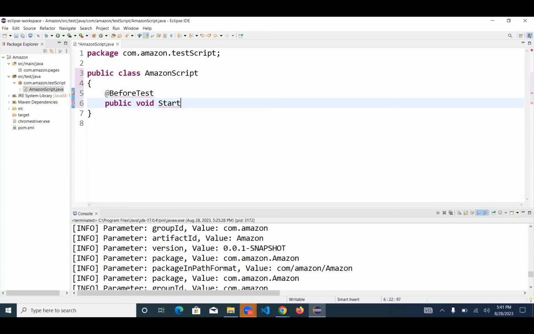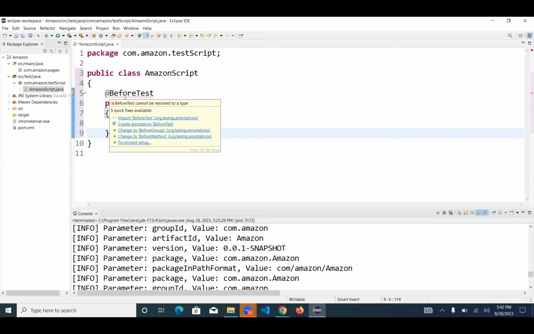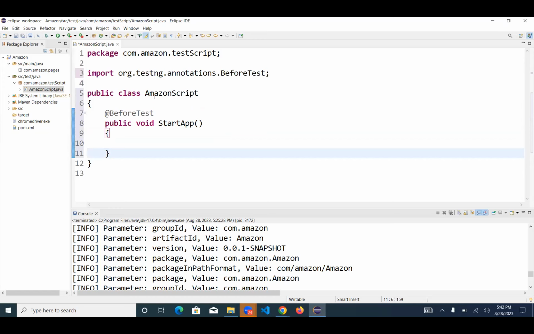This is the first step. I will name it startApp. This will connect me with the Chrome browser or Chrome driver. Just hover on top of that red line error and wait for a moment. It will give a hint to import BeforeTest from TestNG. It means import the package or library. Now the next job is to add